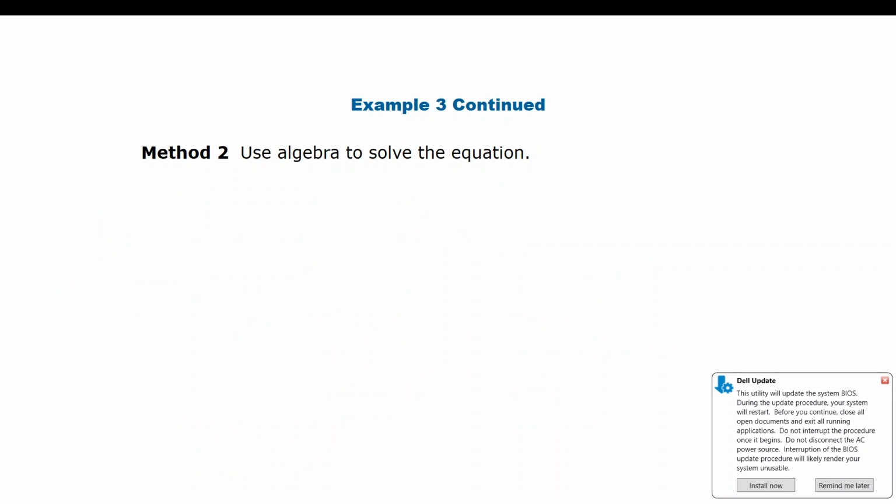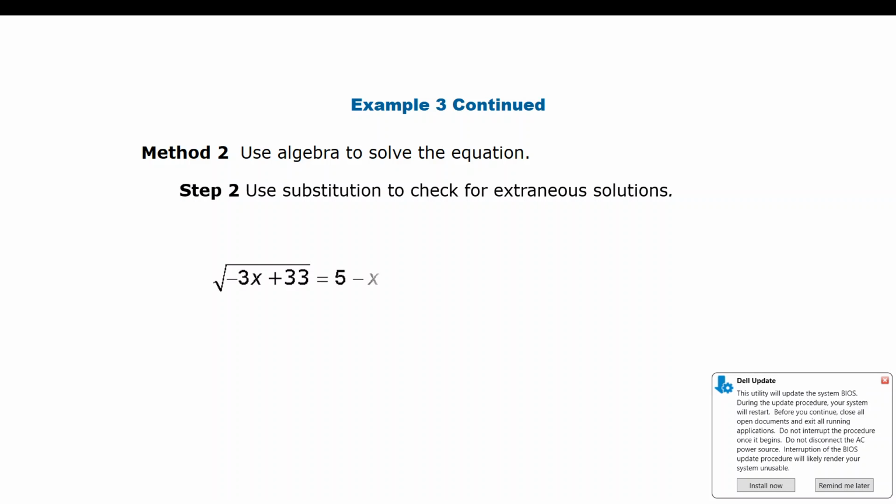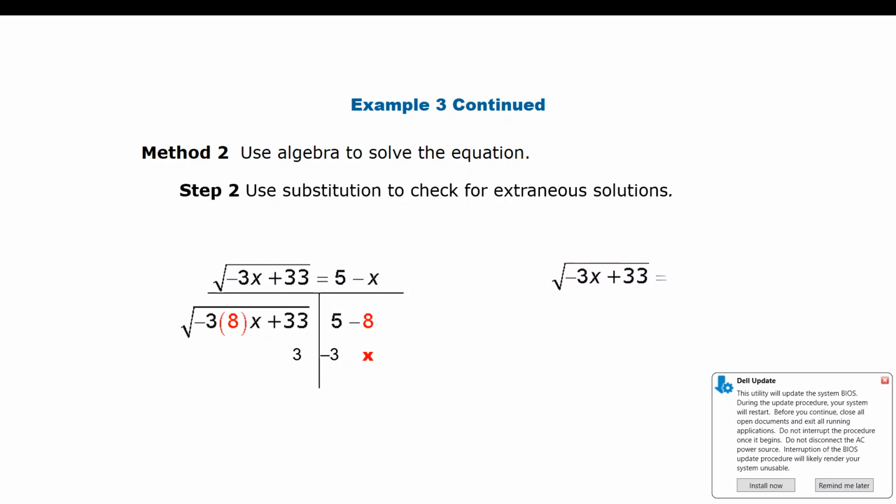Okay, so continuing on so we can check with our extraneous answers, we're going to use algebra again and just substitute to check for our extraneous solutions. So we said that x could equal 8, and we also said that x could equal -1. So we're just going to substitute in our 8 and our -1, and when we do with our 8,